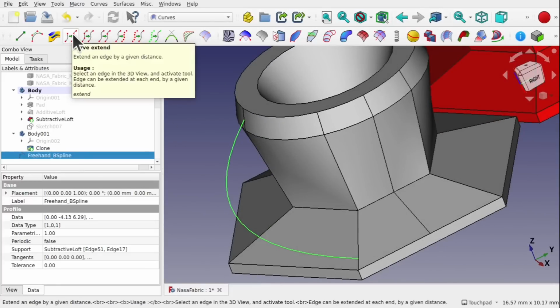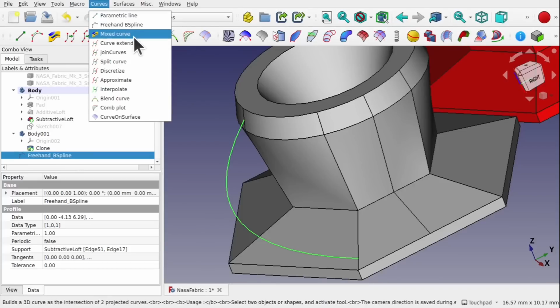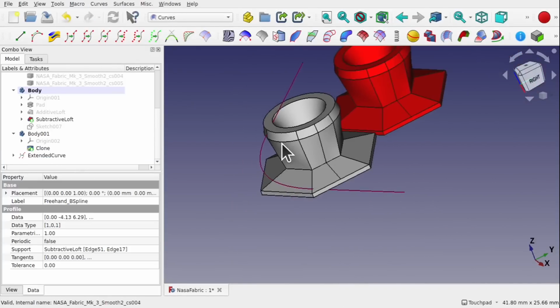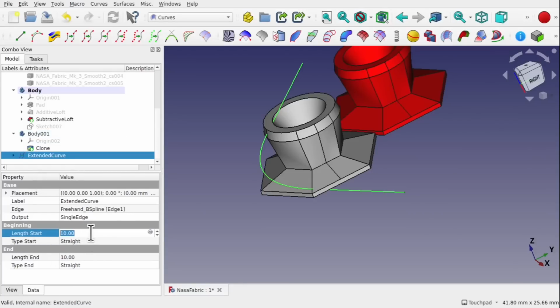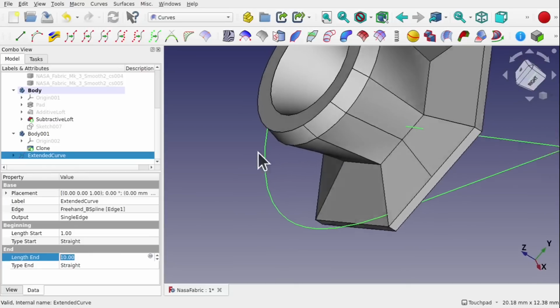On the toolbar we see this icon here, curve extend, or Curves, and come down to curve extend. The curve has been extended through the object and we've got control of how far this goes through this object. So we look at the extend curve. In here is the freehand B-spline, which we can edit and change the curvature of this. Look down at the Data tab for the extend curve and we can see the length start and length end. Let's bring this out and we can change this. So I'm going to place a 1 in here and we see this is pulled back and now it's embedded